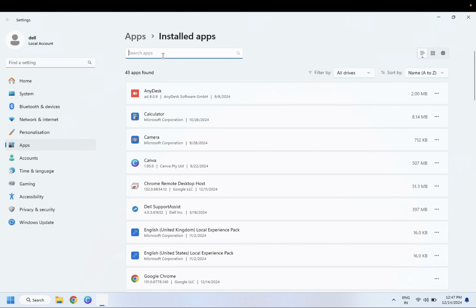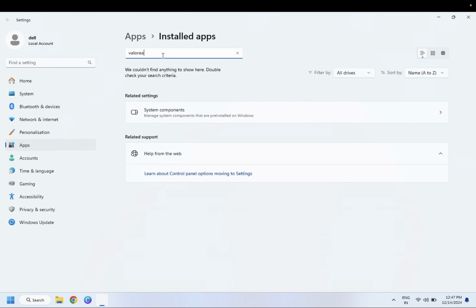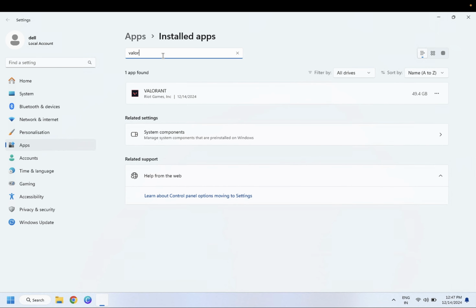and you need to type here Valorant, and once you type Valorant you will see its folder and the game name. Click on the three dots and simply click on uninstall. Click on uninstall,